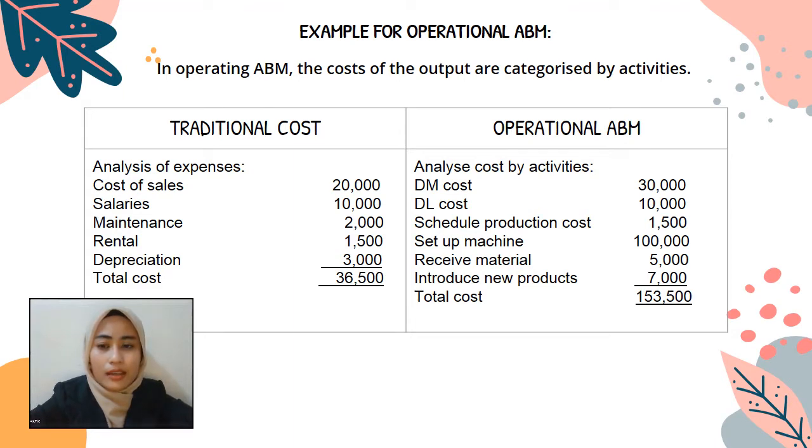Next, in this method, the management may also identify which activity brings a higher cost than the expected or estimated value of that cost. So the management will decide whether that cost or activity should be maintained, enhanced, improved, or eliminated. As we can see in this table, the setup machine activity incurred high cost, which is 100K